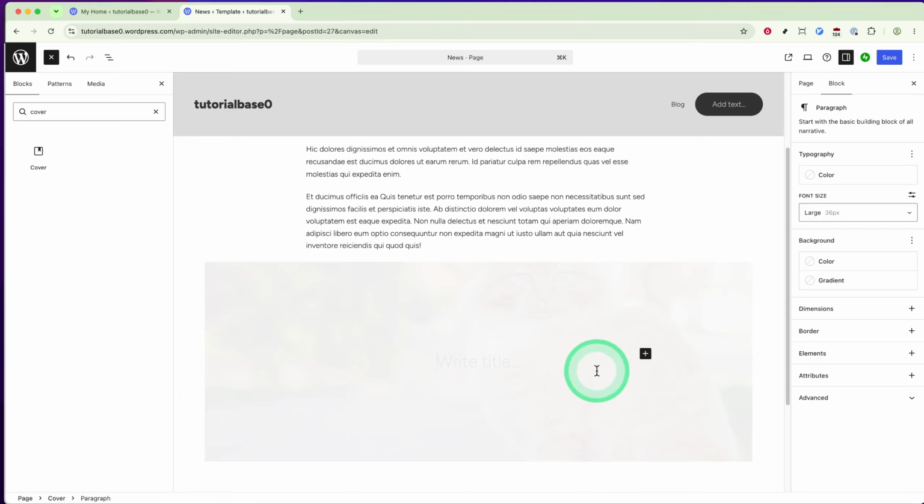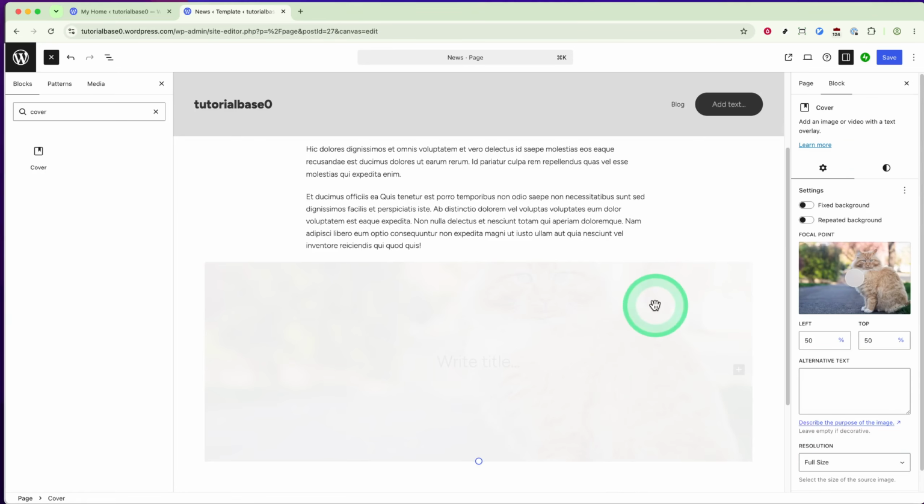Banners are a simple yet effective way to enhance your website's look and feel, and now you know exactly how